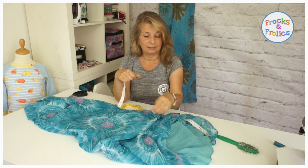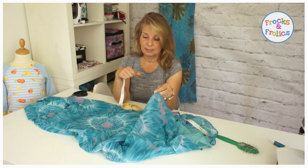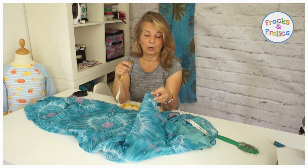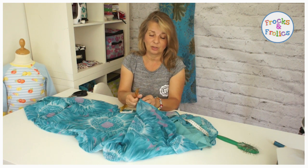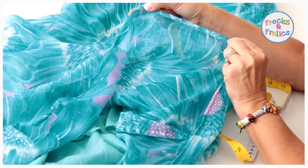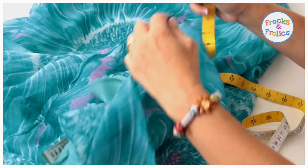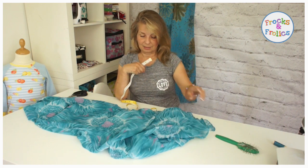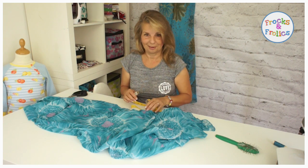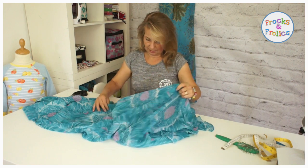But I need to bear in mind that I have got a little seam allowance. Okay, so this little seam allowance, I want to make sure that I got that. So what I want to do is deduct 1.5 centimeters from my 22 centimeters. That would be just fine to do one of these really nice narrow rolled edge hems. It's actually not so nicely done here. I'm just looking around this and I'm thinking, wow, this is terrible. We're going to do better. I'm going to show you how. Okay, so we know how much we need to take off. 22 minus 1.5, which is 20.5. Right, okay, so I'm going to cut off 20.5 from the bottom, take out these pins,